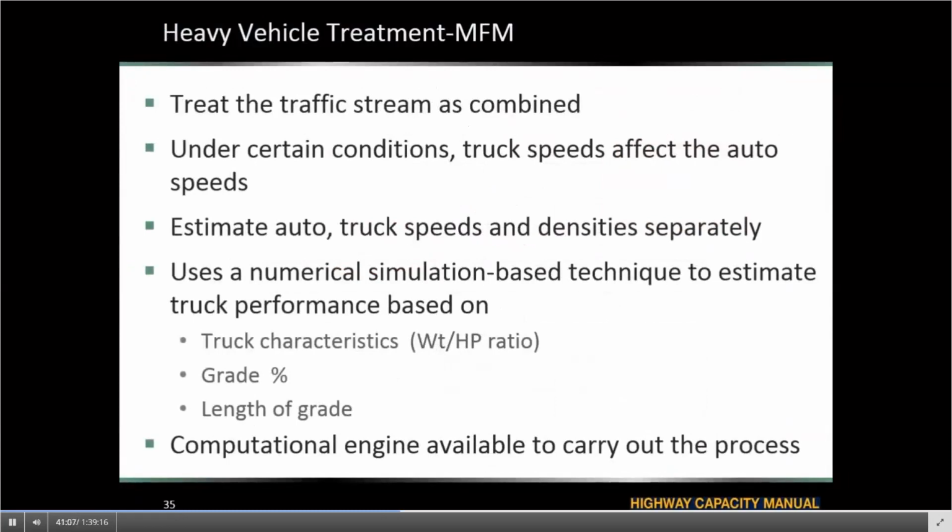Of course, under certain conditions, truck speeds would affect auto speeds. More detailed items that are also included in the mixed flow model are the truck characteristics, such as the weight to horsepower ratio. These are more inputs that we can provide to the mixed flow model to give us a more accurate estimation of the speed of the trucks. Of course, the mixed flow model is a somewhat complex method. As such, the computational engine is also available to do this process.